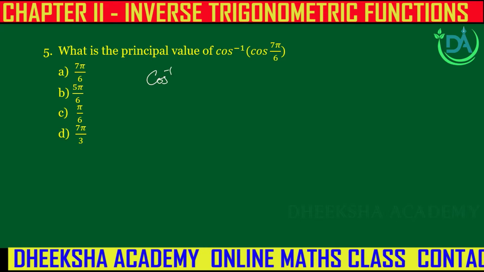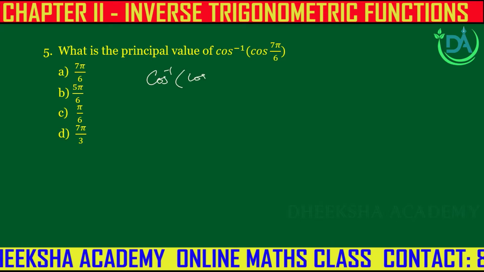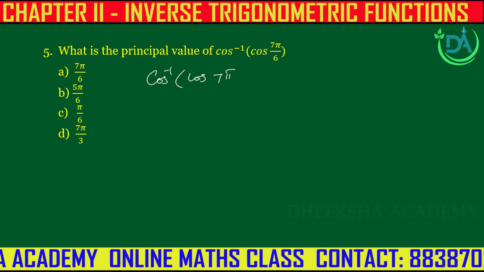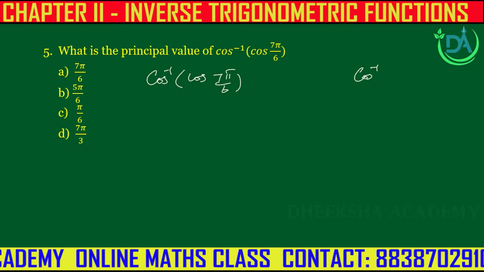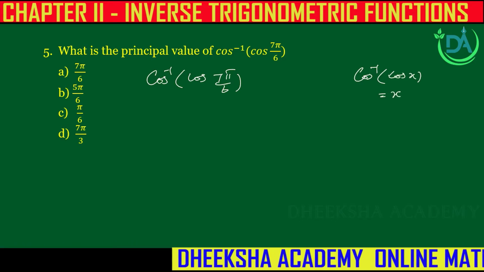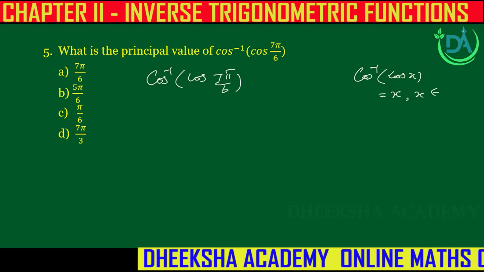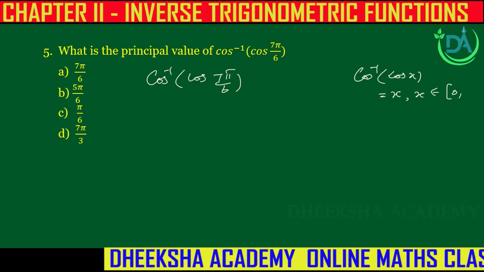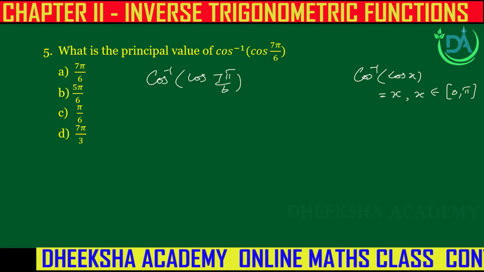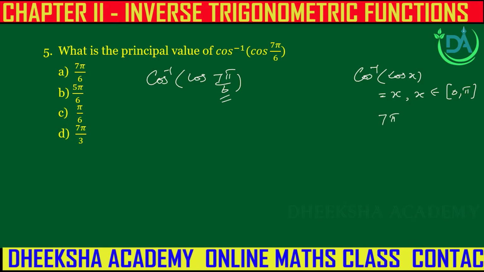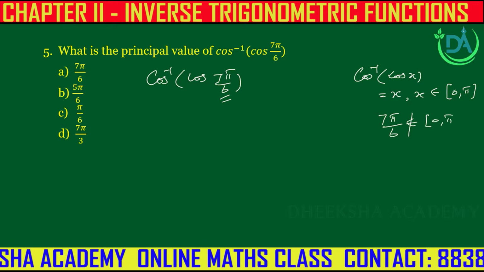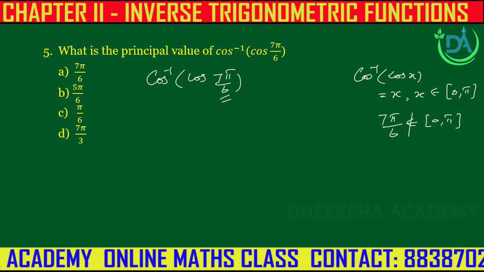Cos inverse of cos of 7 pi by 6. Cos inverse of cos x is equal to x, where x belongs to the closed interval 0 comma pi. See, 7 pi by 6 does not belong to 0 comma pi. So we can write cos inverse of